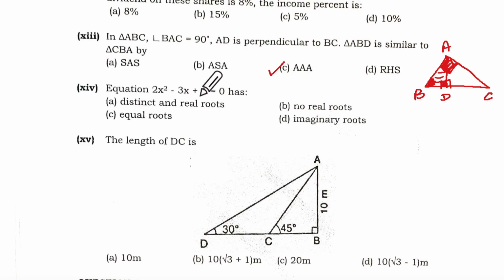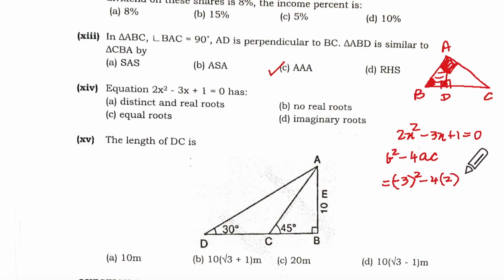The equation has distinct and real roots. So quickly you have to write 2x squared minus 3x plus 1 equal to 0, and b square minus 4ac will be minus 3 whole square minus 4 into 2 into 1, which gives us 9 minus 8, which is equal to 1. Correct? So 1 means it is positive, right? Yes, so it will be